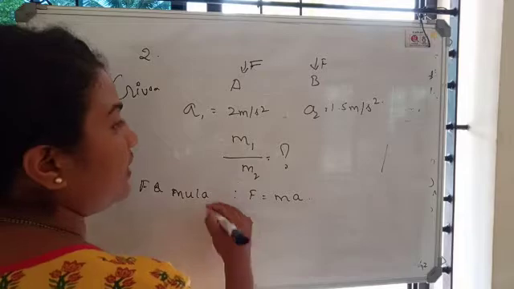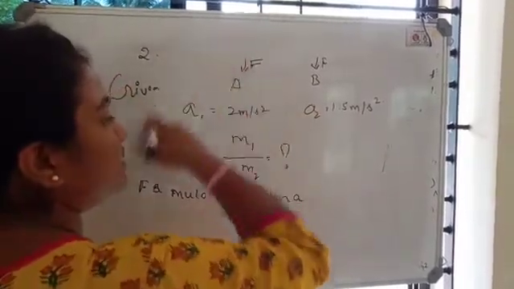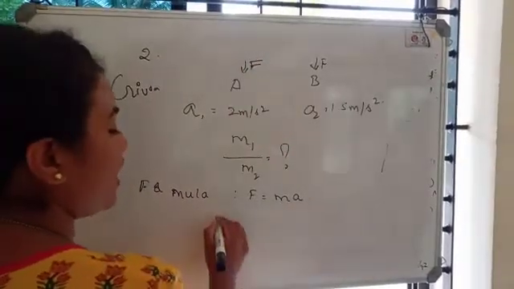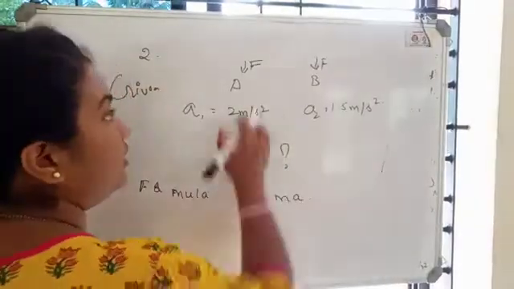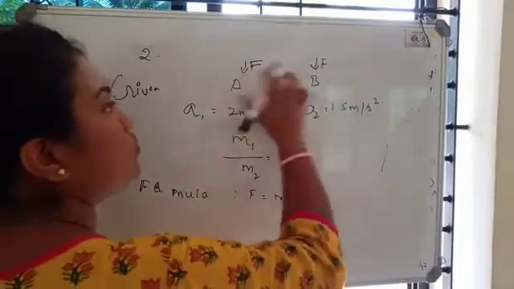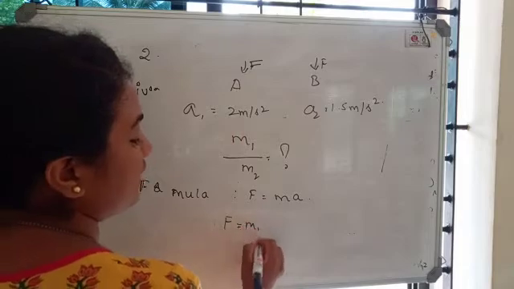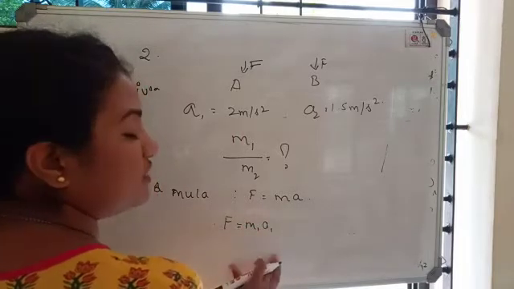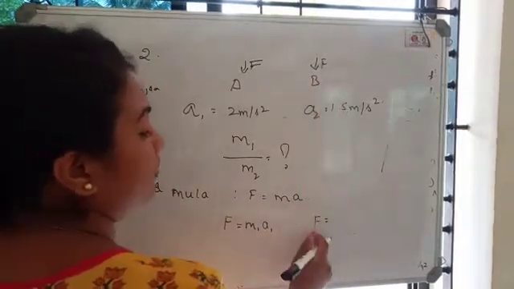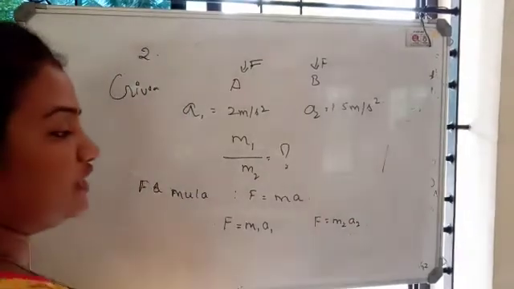It means if there are two bodies, you have to consider two different cases. If this formula is applied for the first case, the force value is F. We are considering the force value as F. They have not given us the exact value, they just said an equal amount of force is applied. So we are using the same representation. So F is for the first one. What is the mass of the first body? That is m1. What is the acceleration of the first body? It is a1. Let me take the second one now. The force implemented on the second body B is F, the mass is m2 and the acceleration is a2.